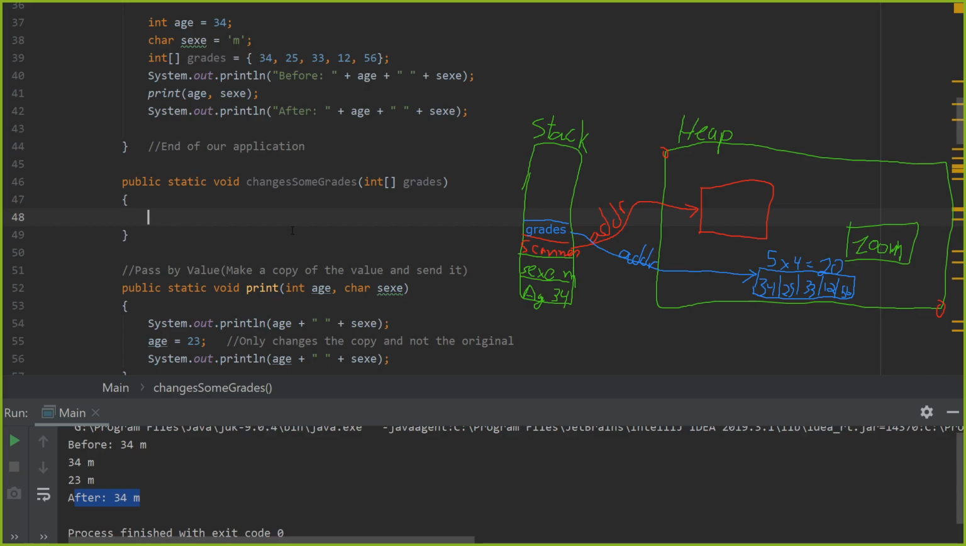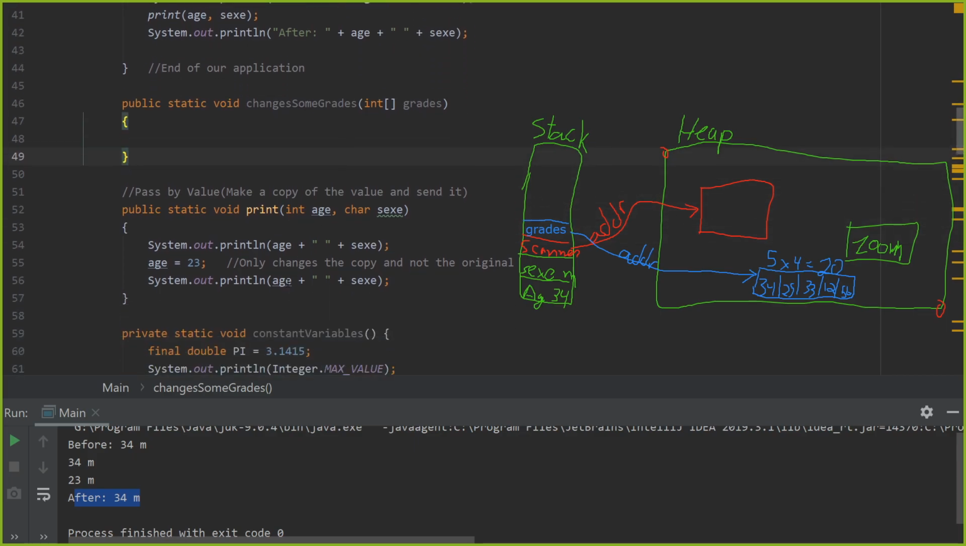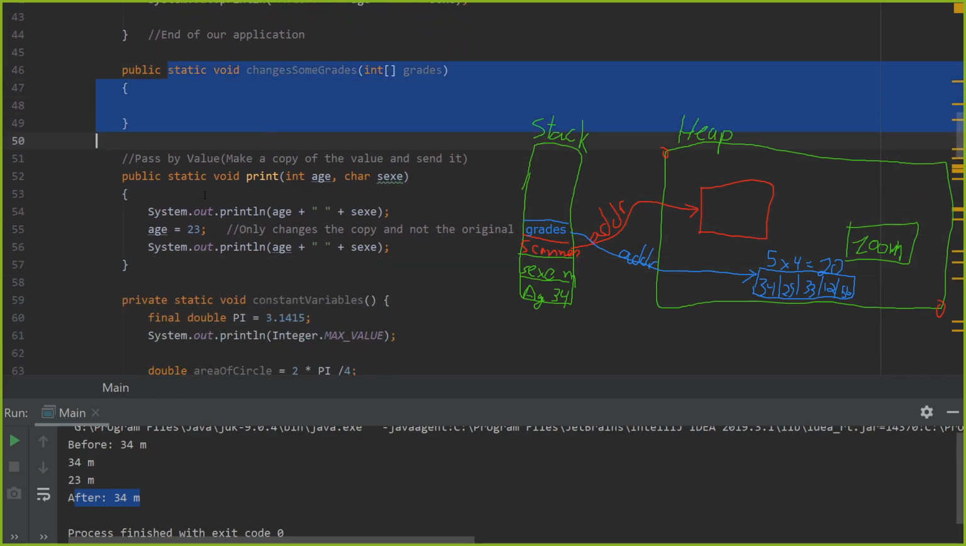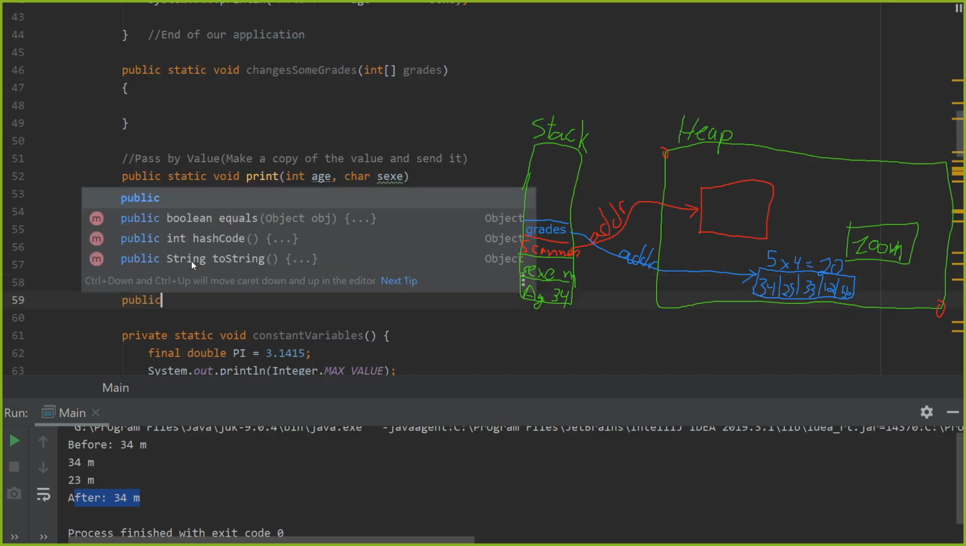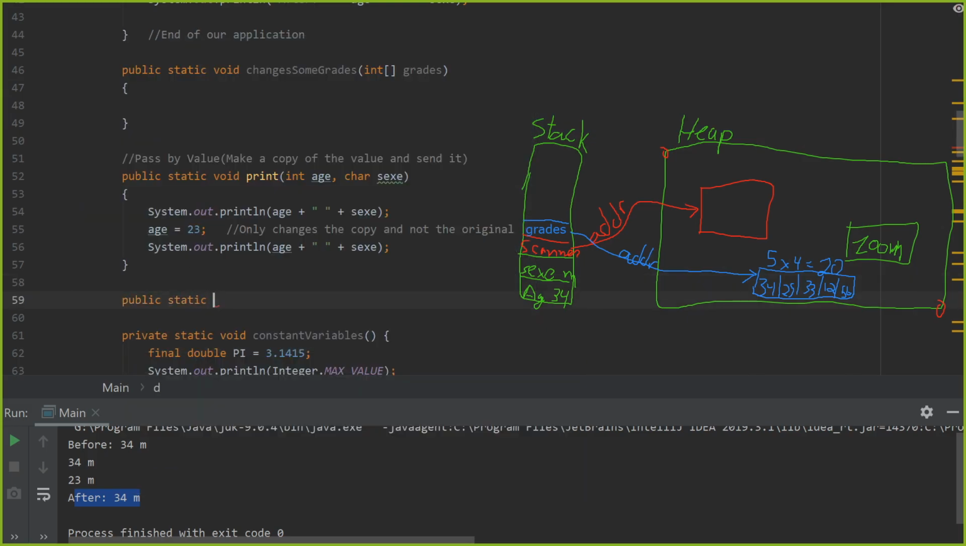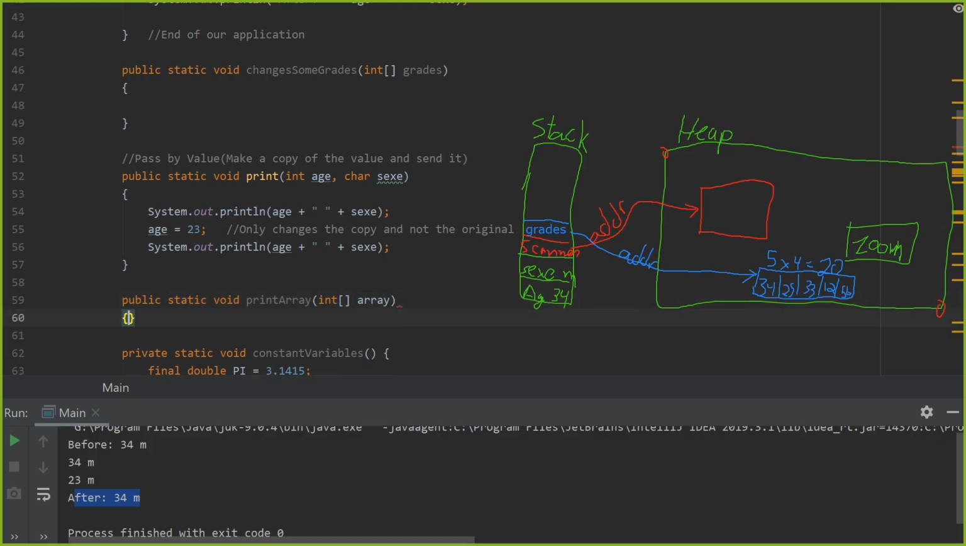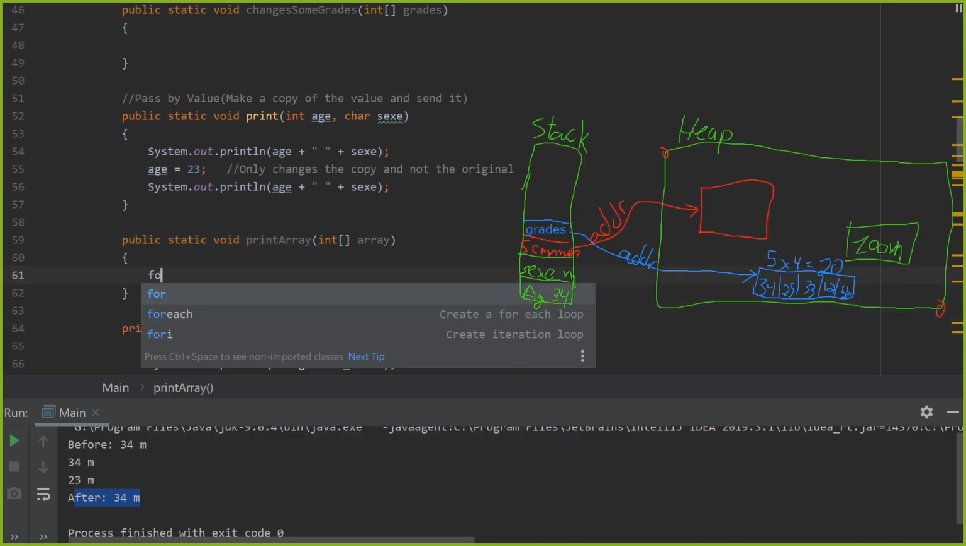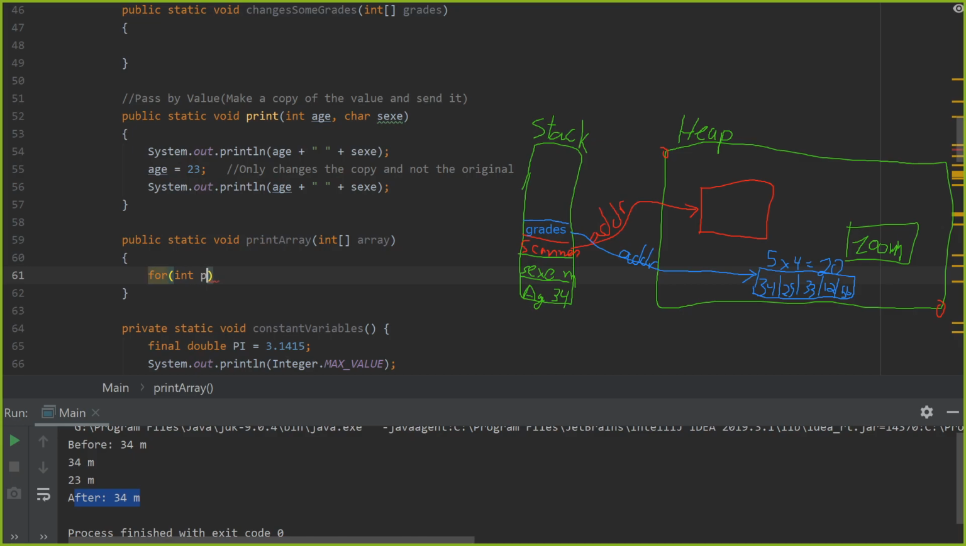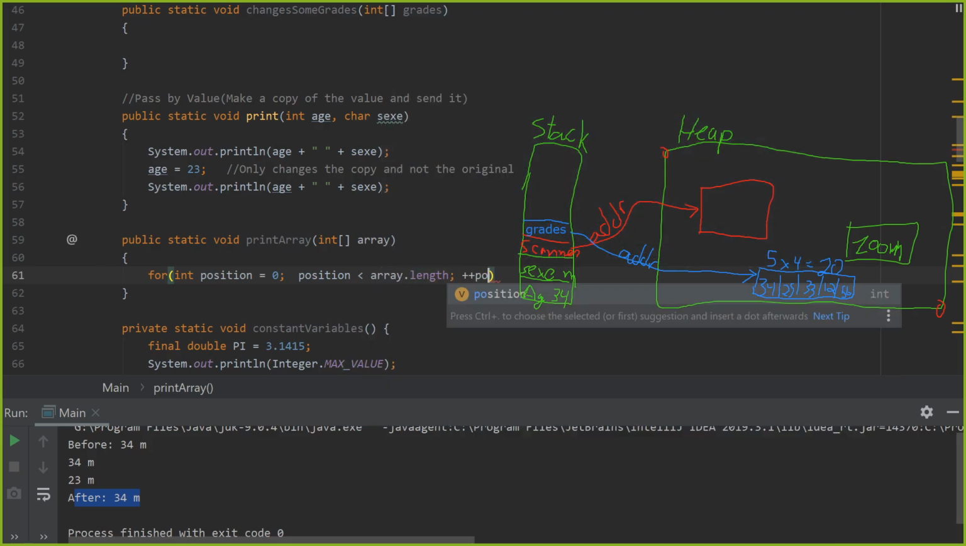I want to print the whole array, but I'm a bit too lazy here. We're going to make a new function just for the print, so here we keep it clean, okay? Public static void print array. Okay, int array. And inside that, we're going to do a for loop. And position equals 0. Position is less than array.length. And position